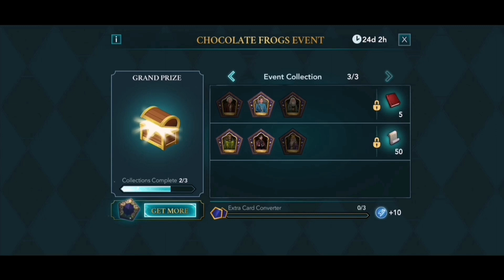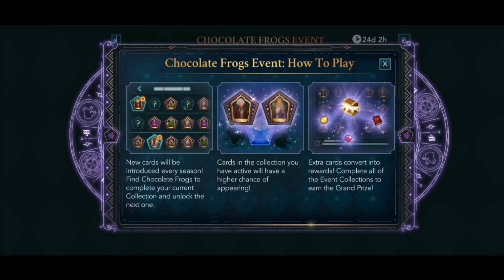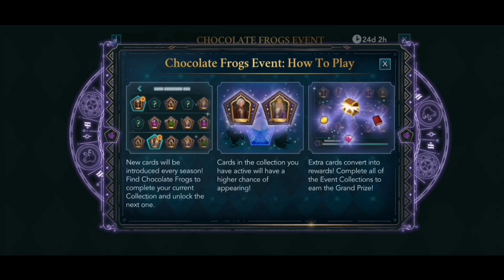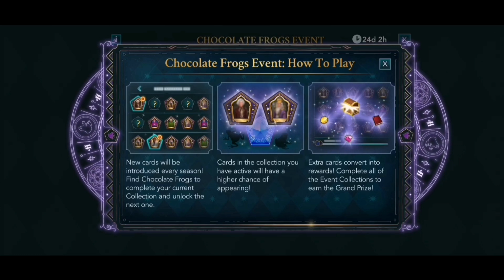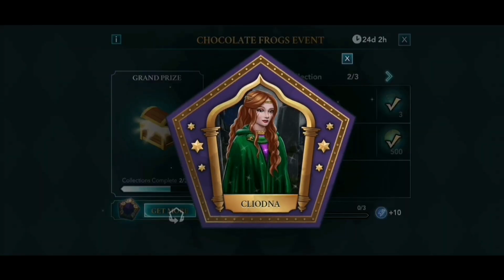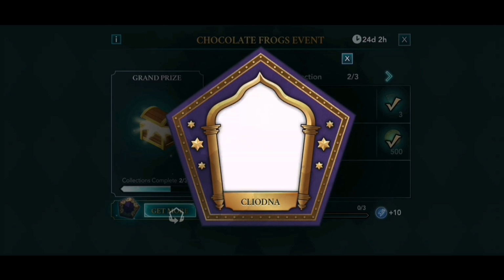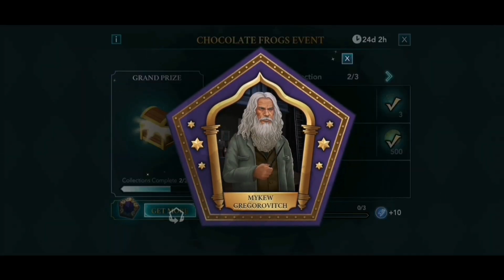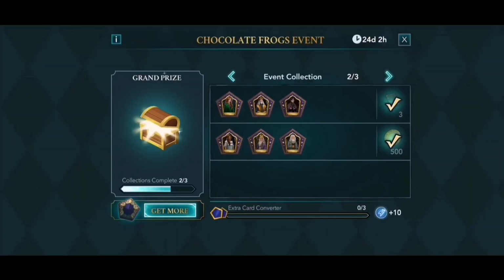Also, there's a thing that they mentioned here, which I didn't really get at the beginning, the middle part here. Cards in the collection you have active will have a higher chance of appearing. So if in, let's say, collection number 2, we've got Cleodna, an interesting name, and who else? Gregorovich. So while you're still collecting this,